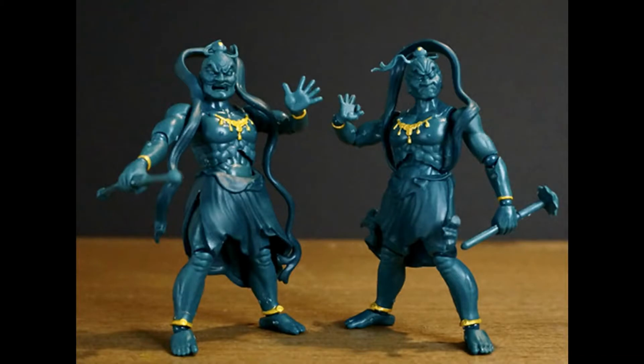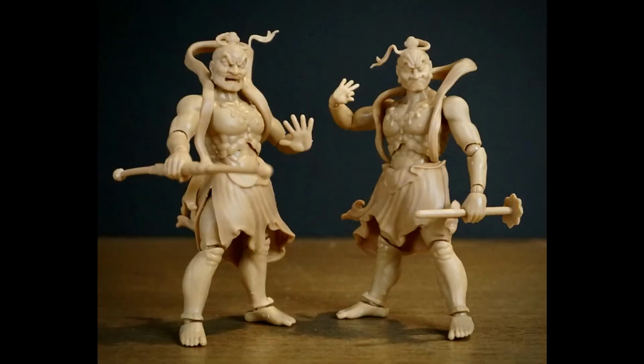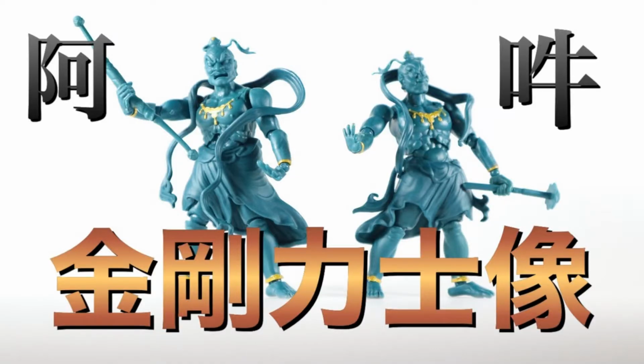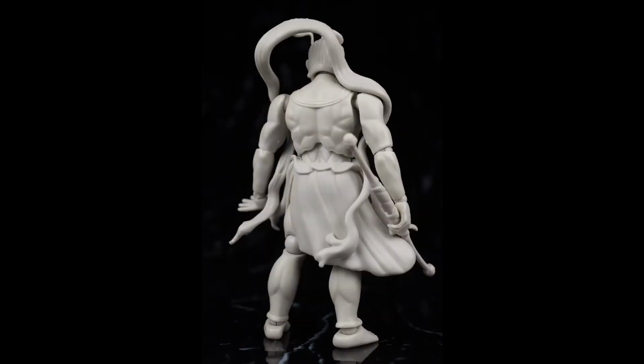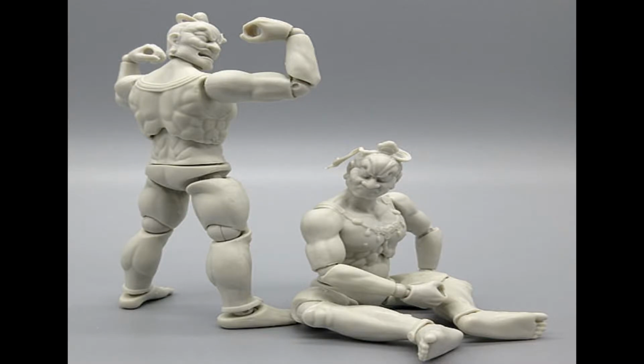These particular figures are from a company called Toy Spirits, and they have a very interesting inspiration as they are essentially Buddhist deities. Unfortunately, I'm not terribly familiar with all of those, but these two particular figures are Rikishi, also known as Nārāyaṇa, and Kongo, also known as Guhyapāda. I'm terribly sorry if I butchered those names. I apologize. I will be referring to them as Kongo and Rikishi for simplicity's sake throughout the rest of this video. I do find these figures to be very interesting,